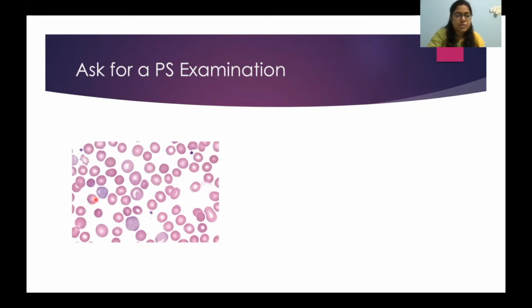Also, if you observe carefully, you can see certain cells, these three, even this one, which have a bluish red color and are quite larger than the normal cells lying around. So what are these cells? These are basically reticulocytes. Why are they colored like this? They are also called polychromatic or polychromatophils, because they have an increased amount of mRNA present in their cytoplasm. Their hemoglobin synthesis is still continuing.